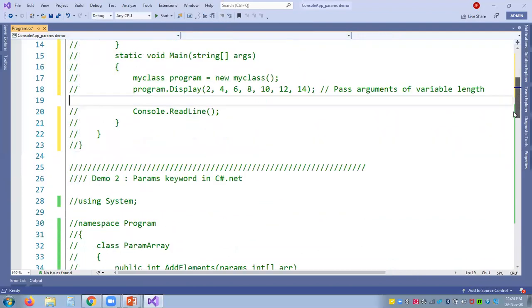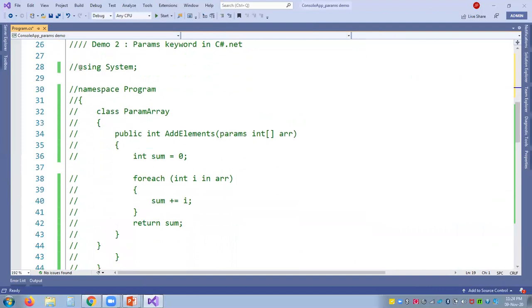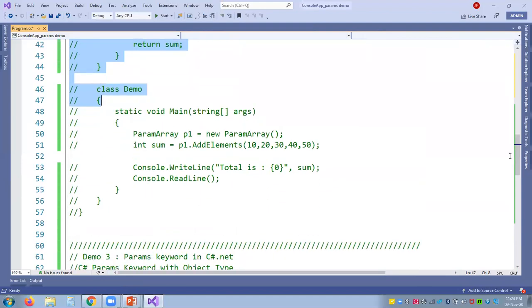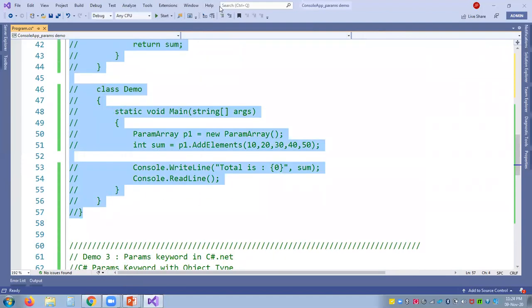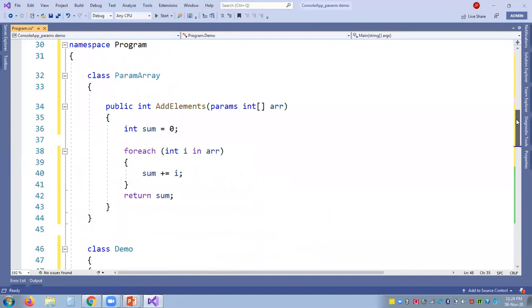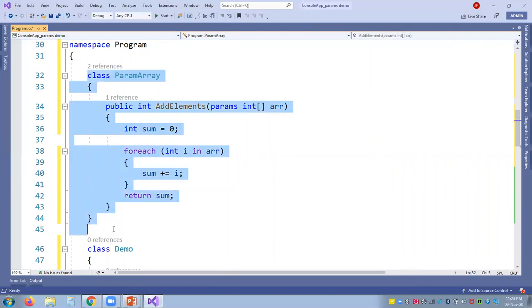In the second program, you can observe that we have a namespace program in which we have the first class called ParamArray, which contains a public function AddElements.